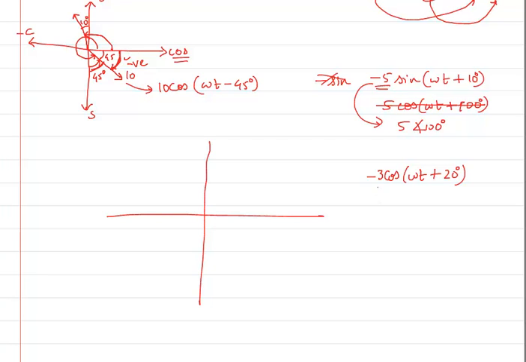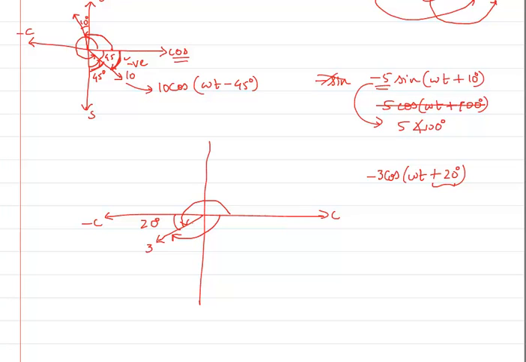So I will first see, okay, it is minus cos, this is cos, this is minus cos. So from minus cos, how many degrees do I have to move? Plus 20. Plus 20 means plus direction, which means counterclockwise, which is this one. So this is going to be my 20 degrees, suppose. So this is what is drawn, and this length is 3. So from cos, I can either come all the way around here, or I can even go in the negative direction and come here. I will go in the negative direction.